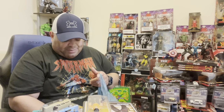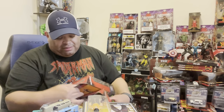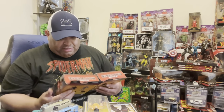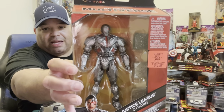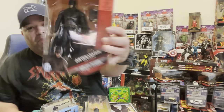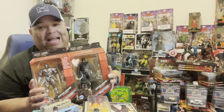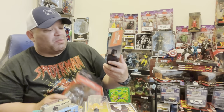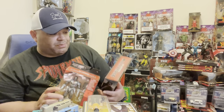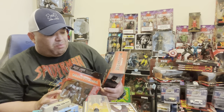And last but not least, I was shocked when I saw these at Ollie's. They were 15 bucks, but this is the Justice League Cyborg and the Justice League Batman. And these were the only two that were on the shelf. I had to get it because this came out in 2017. And the part that sucks about the Todd McFarlane Justice League ones, I have all of them, but I don't